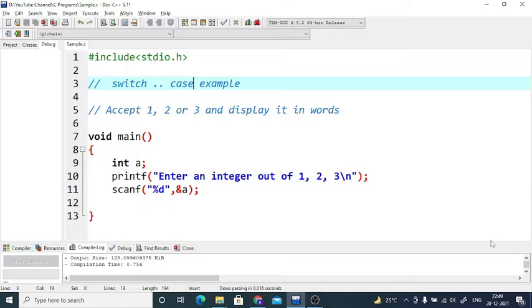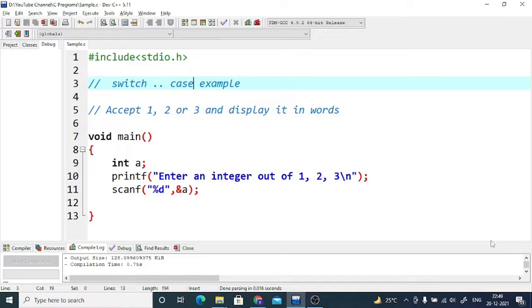So we're going ahead with the next video of my playlist, a course on C programming. In this particular video, we will be looking at the programming example of a switch case control structure. In the previous video, we had seen a similar program using if-else ladder, and I'm purposely taking the same, very small and sweet example for switch case as well, so we'll be able to compare how exactly we can work in both the control structures.